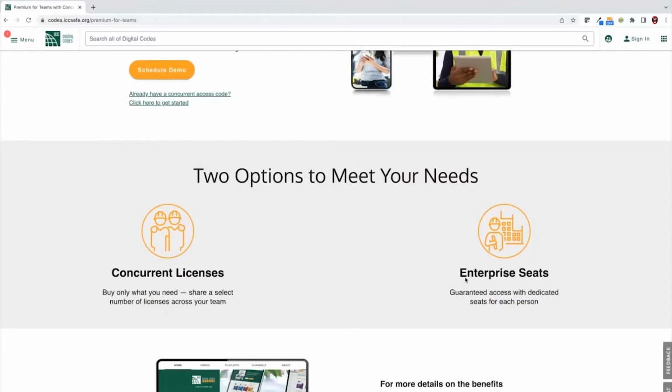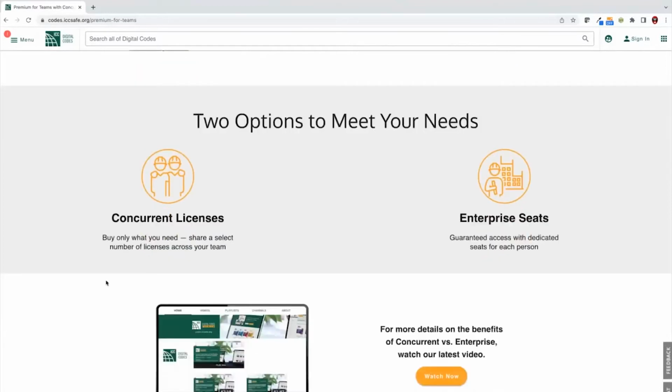tools so that you can see how all the individuals within an organization are utilizing those licenses, as well as what contents or what searches are most prevalent. The other opportunity is concurrent licenses, and that's something a lot of you may be familiar with. This can be configured by the end users with any purchase subscription. And what Concurrent does is bundle the licenses under an alphanumeric code that can be distributed to individuals across a team. The only limitation with Concurrent is going to be the number of users that can be utilizing those licenses